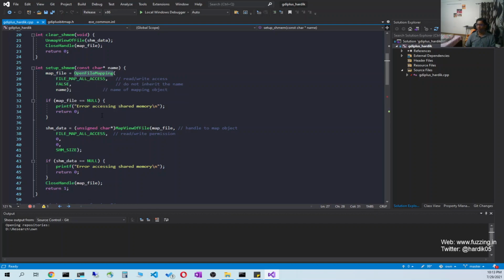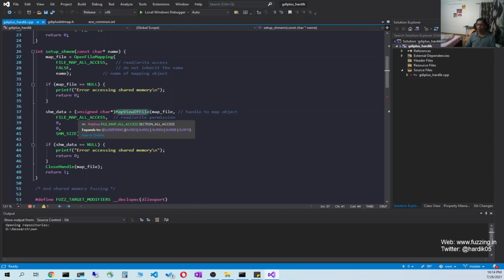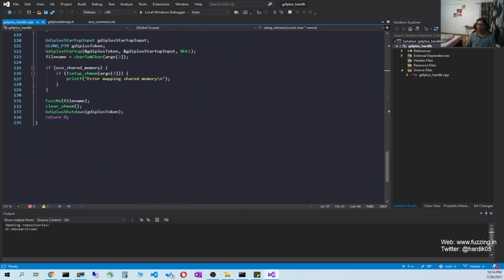After that we will call MapViewOfFile, and this will actually give us the pointer to shared memory. So this is simple code, and we'll get access to shared memory, which we can access by shm_data, and later on you will see we are calling the fuzzme function.